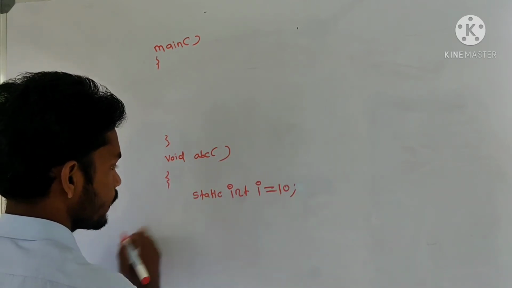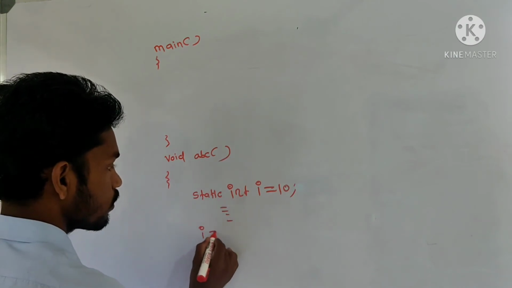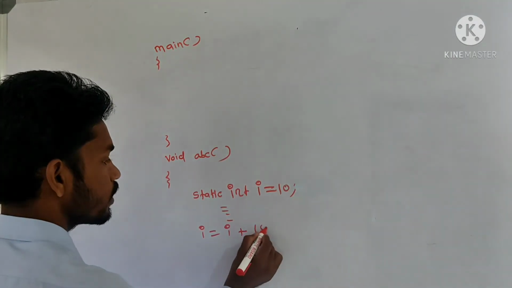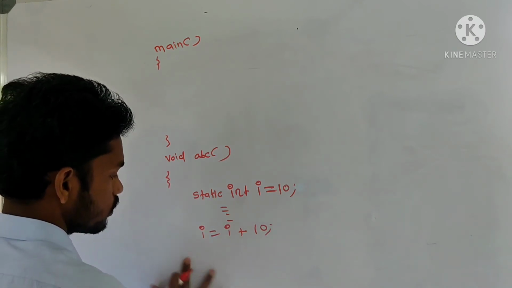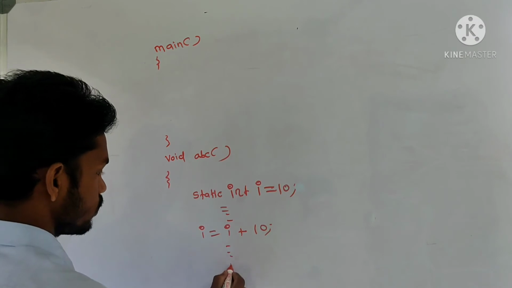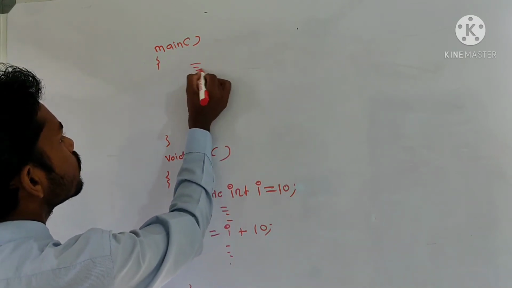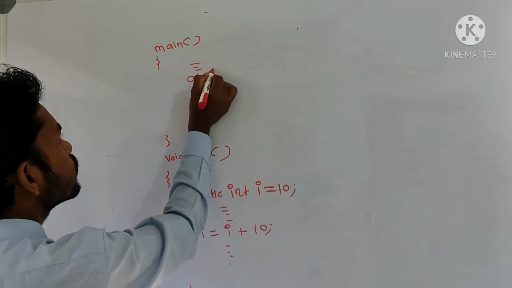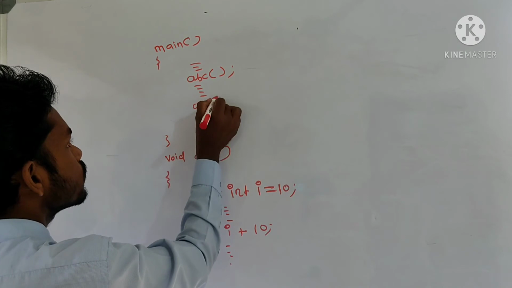Then certain operations, such as i equal to i plus 10. After doing certain operations, if I call abc again,